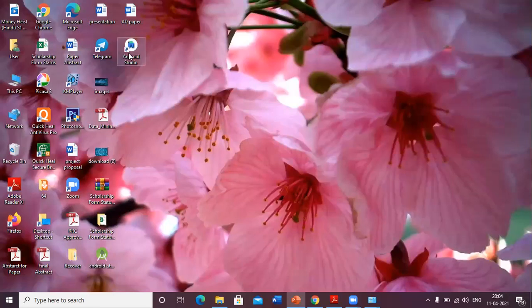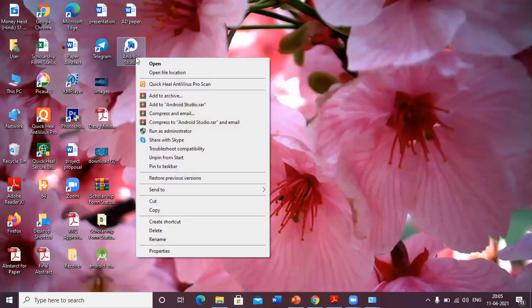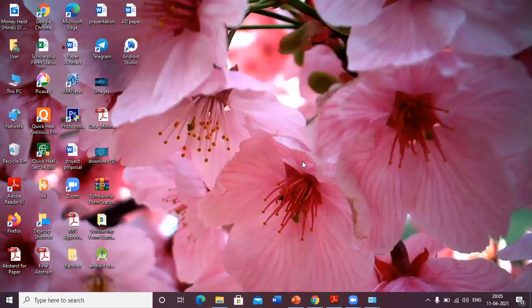Now on my desktop, I have an icon of Android Studio. I'm just going to run this as an administrator.